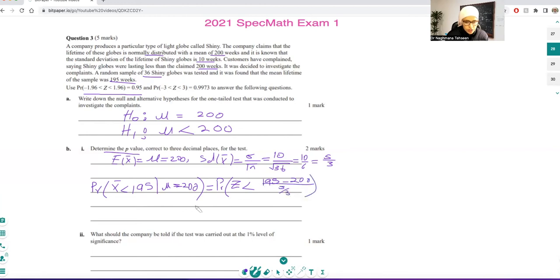If we simplify that, it gives the probability of Z less than minus 5 over 5 over 3, which gives you -3. So Z is less than -3, which would be 1 minus